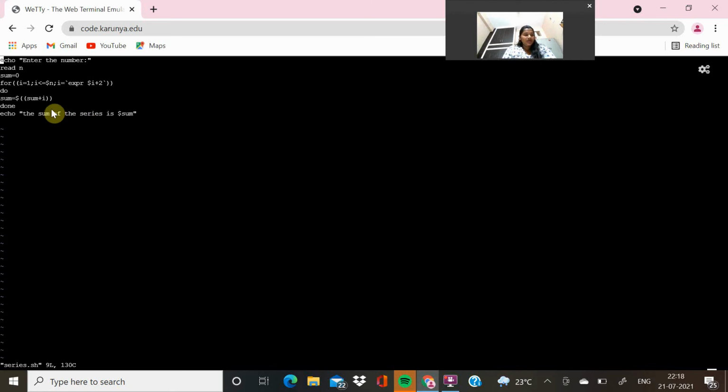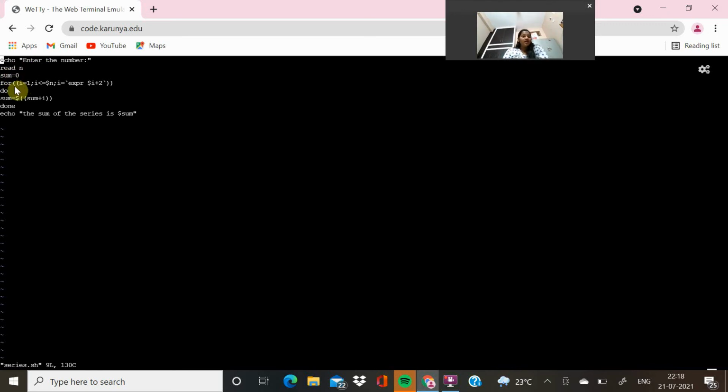See, here echo enter the number. That means the print statement in C language, enter the numbers which we are giving for the input. Next, read. That means the read statement in C is the scanf statement.